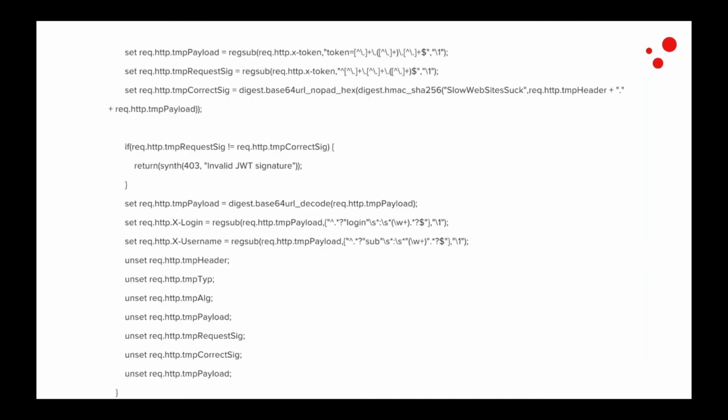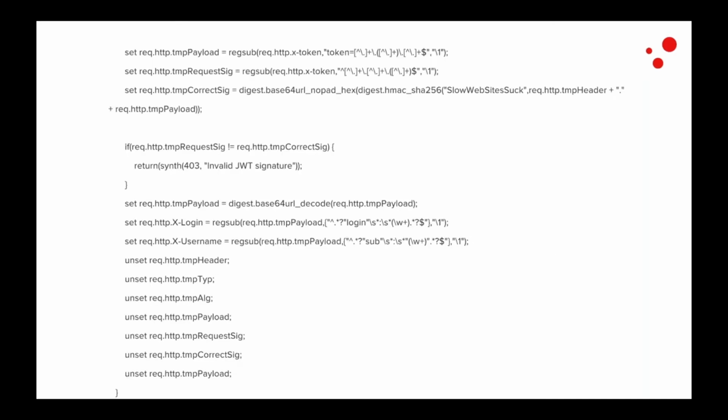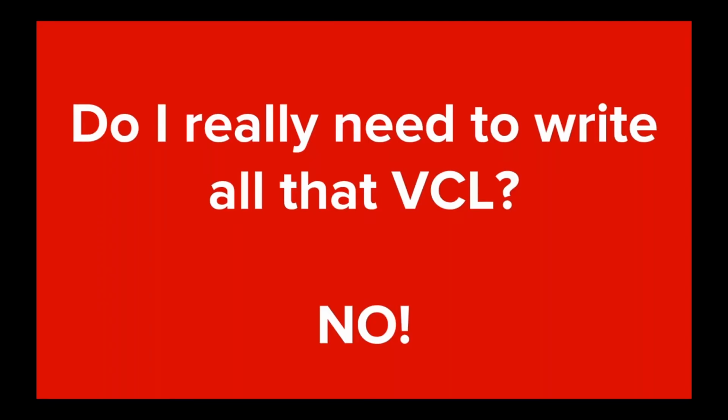I'm not going to explain any of this VCL because I honestly believe it's a too long solution. It's fine, it works, it does what it has to do, but we came to the point where we really asked ourselves, do we really want to write all this VCL? And the answer is obviously no.